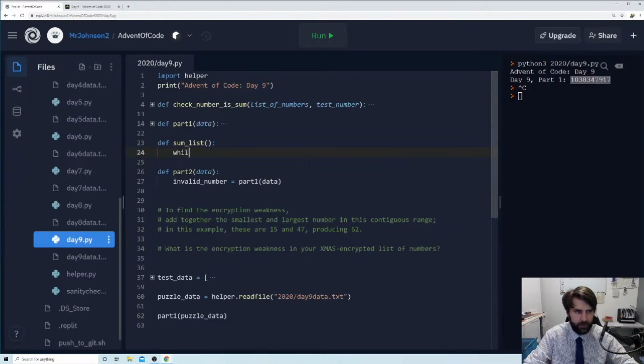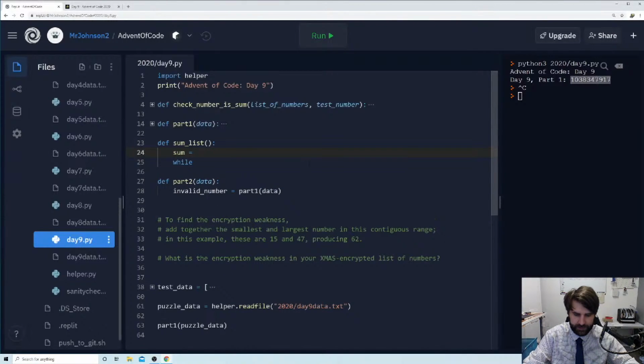And I'm going to say while, let's say sum is equal to 0. What are we going to pass into sum list? Well, we're going to pass in our list of numbers, and we're going to pass into it our target number. Okay, and target number is going to be our invalid number when we use this list. So while our sum is less than our target number,